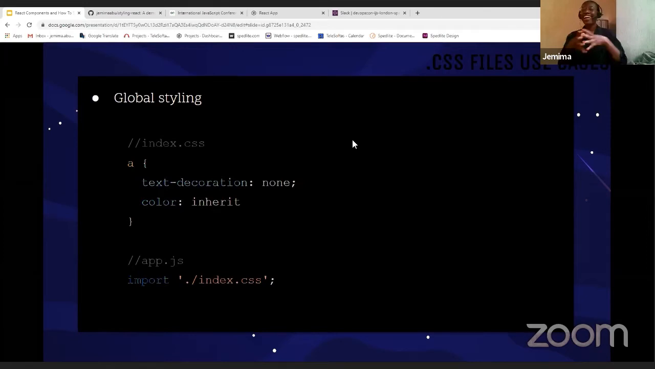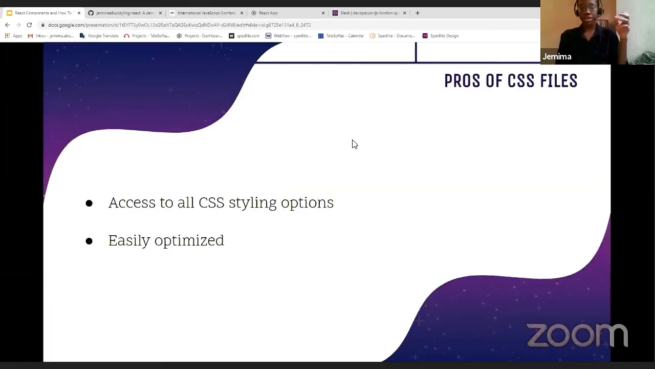They have similar pros to the CSS inline styling in that it is good for